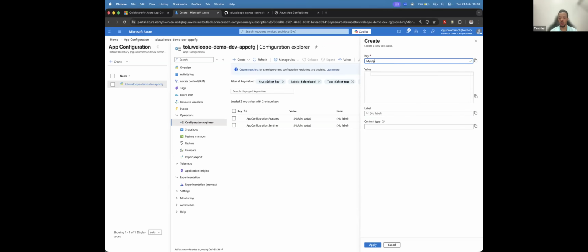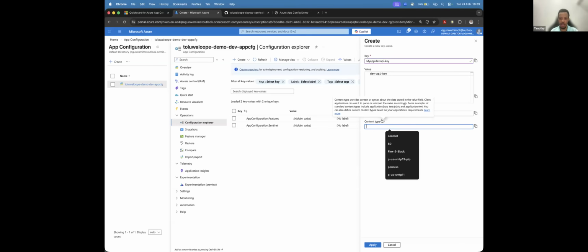Now, if you want to create it as a hierarchy, use the colon, right? So this is my app dot, let's say environment, which is dev, dot, what key am I saving? Maybe I'm saving my API key. And this is just going to be dev API key. So when my application is running, I can just retrieve my app dev API key. I save that. Content type, you can just save it as text, or you want to save that as JSON,